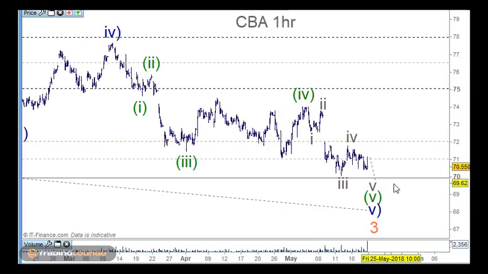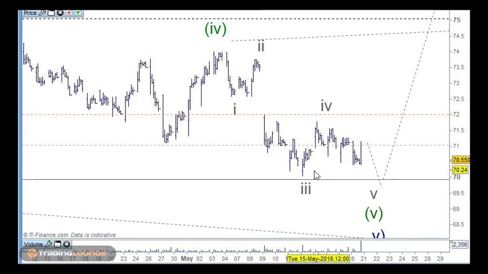So then we can see we can get a rally back up into wave 4 over here, into this area. So we'll keep an eye on this bounce here. As such, we need to get evidence of that. We don't have that yet. Even this move up here was in 3 waves, so we need to see 5 waves up, 3 waves back, and then move in from that point.